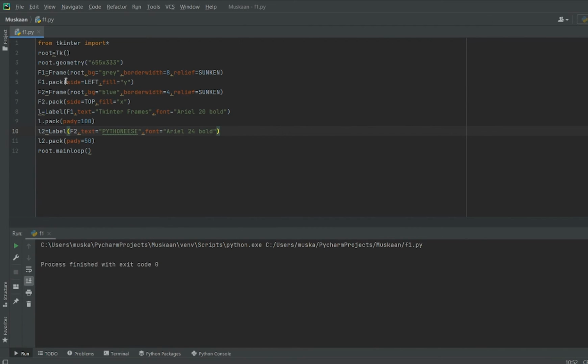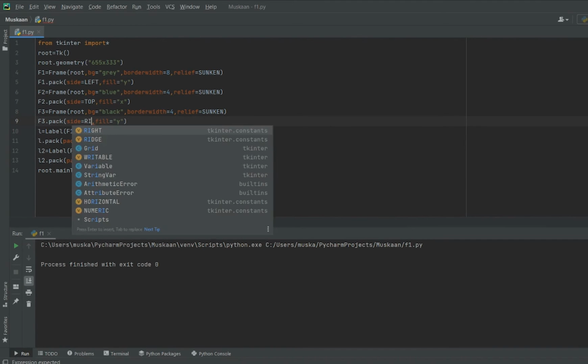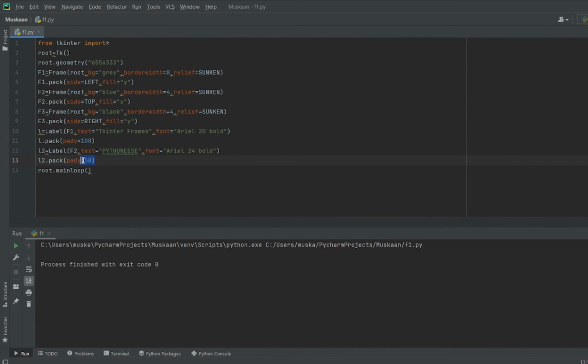So let's try adding another frame in this one. We'll just copy this. We'll change F3 here because we are creating a new frame, that is our frame 3. And let's take the background color as black this time and along y axis because we'll take it on the right side this time. Let's create another label for frame 3. L3, that is our label 3,